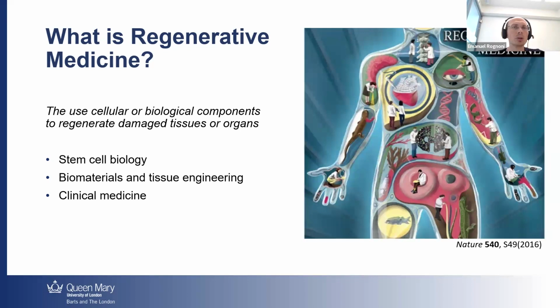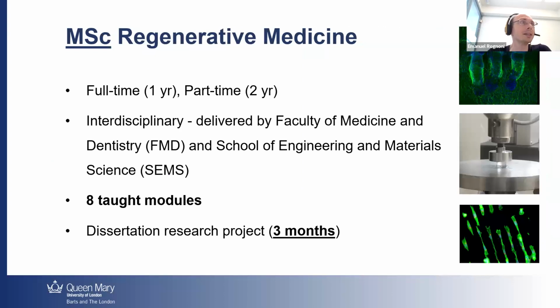So we have designed a course around all these topics, and we offer this course in two different setups. On the one hand, we have an MSc course in regenerative medicine. This is offered in two options, one as a full-time, which lasts 1 year, or as a part-time option, where the course is split across 2 years. It is highly interdisciplinary, so it involves not only the Faculty of Medicine and Dentistry at Queen Mary, but also the School of Engineering. So really bringing together the medical aspect, but also the bioengineering aspect. It consists of 8 taught modules,